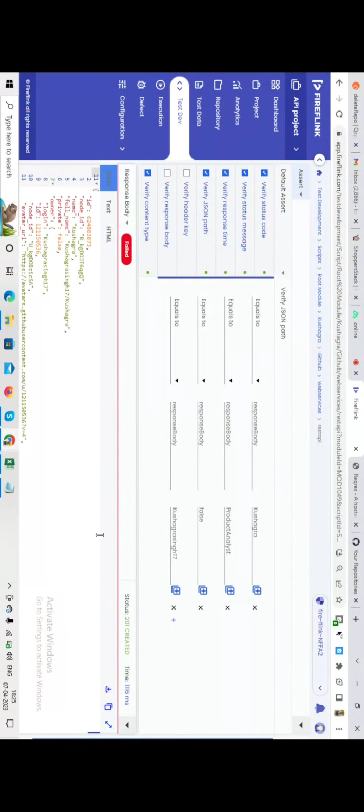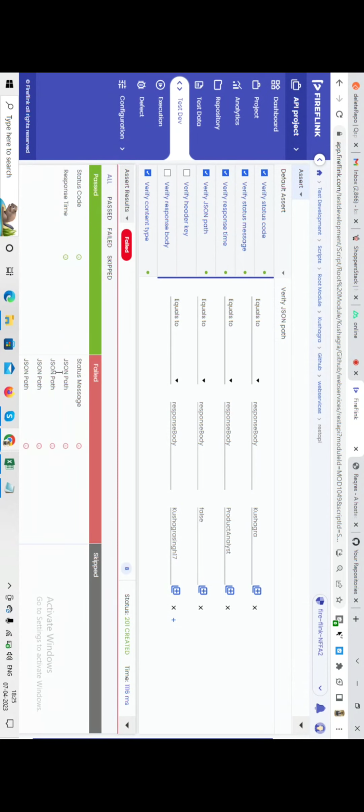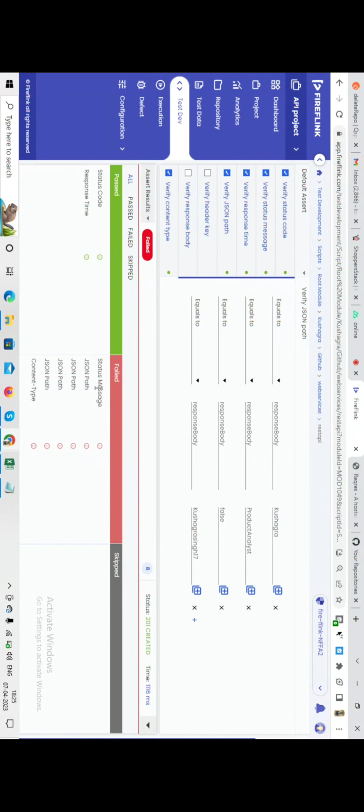फेल्ड, 201 क्रिएटेड, फेल्ड क्यों, यहाँ पे असर्ट रिजल्ट्स, स्टेटस मैसेज, कंटेंट टाइप, अच्छा 201 क्रिएटेड होना चाहिए।